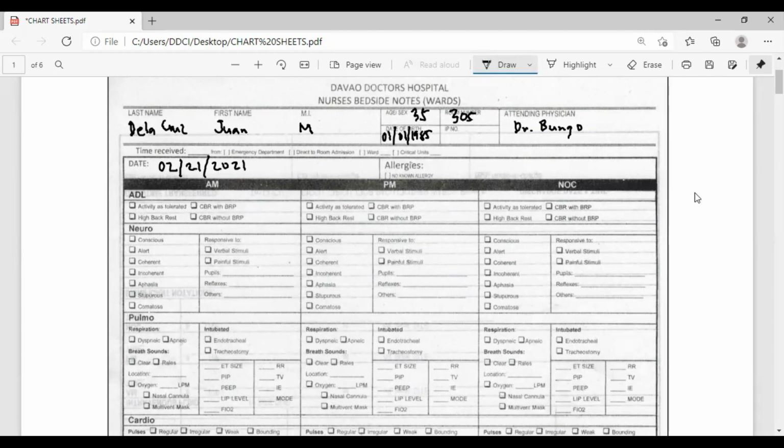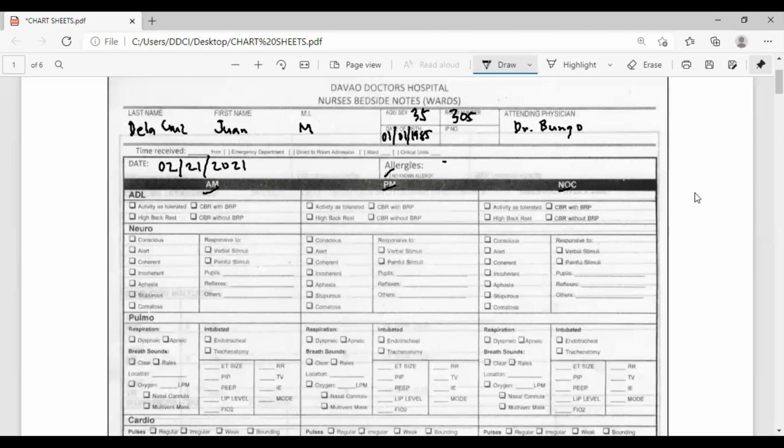2021. Okay, so as you can see, we have allergies here, so you have to check if there is allergy or no allergy. Okay, so if there's an allergy, you have to write what type of allergy in this area right here. So if our patient has no allergy, you have to put a check on this mark. No allergy. Okay, no known allergy. Now, it is divided into three sections. You have your AM, you have your PM, and your night shift. So again for AM and PM, you can use either blue or black,